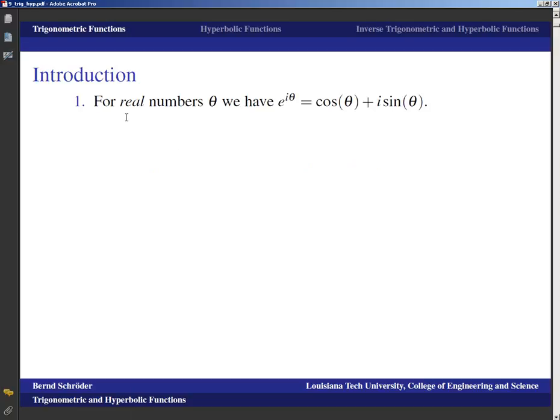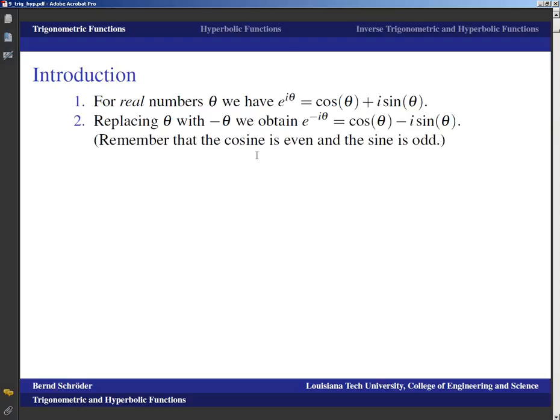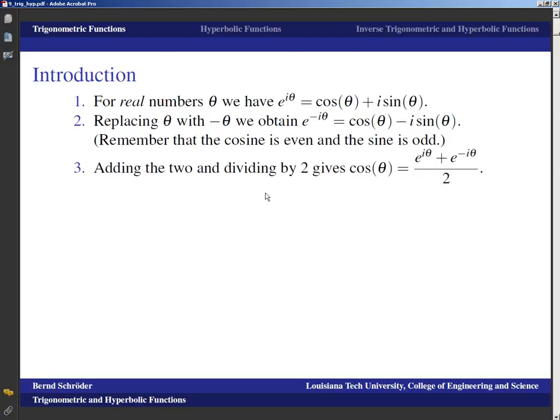What do we know? For real numbers theta, we have that e to the i theta is cosine theta plus i sine theta. That was the very definition. If we replace theta with negative theta, we obtain that e to the negative i theta is cosine theta minus i sine theta. And that's because, well, the cosine is even and the sine function is odd, right? Okay, so if we add the two and divide by 2, the imaginary parts go away. We get 2 cosine theta. If we divide by 2, we get